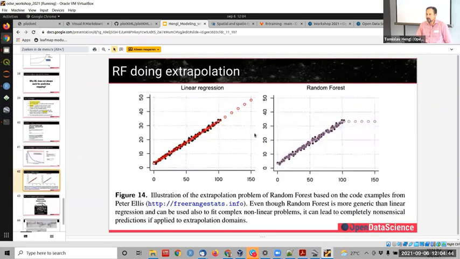Now, this is a famous example. It's a little blog that person wrote, Peter Ellis. And it says random forest for extrapolation stuff for the trees. Have you ever seen this? So what you see here, this is a simulated dataset, point dataset. And if you fit a linear regression, you can predict out of the space and you will predict the values here. If you do random forest